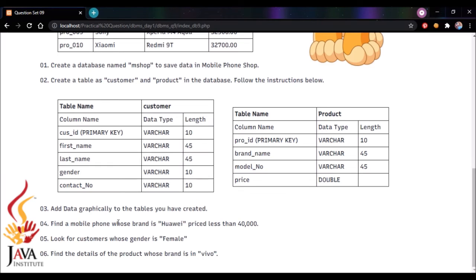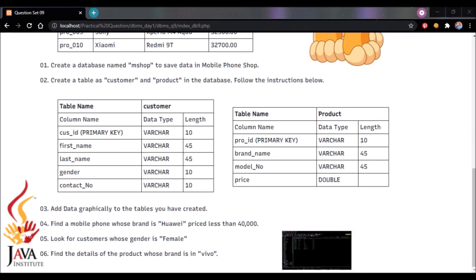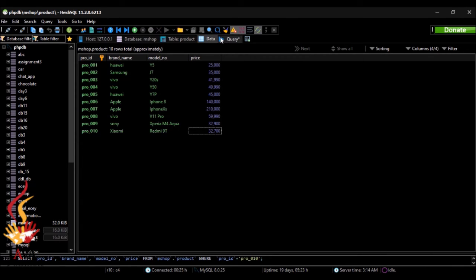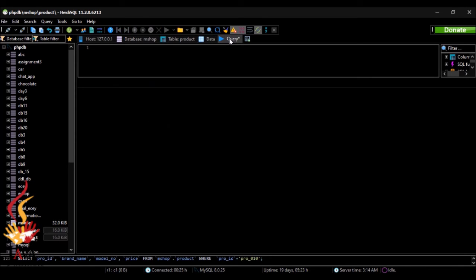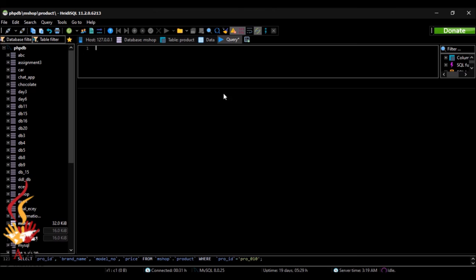Find a mobile phone whose brand is Huawei, price less than 40,000. So that means we should find the mobile phone which is the brand is Huawei and the price should be less than 40,000. Now let's see how to write the query. For that, I will go to the query option, type the query,